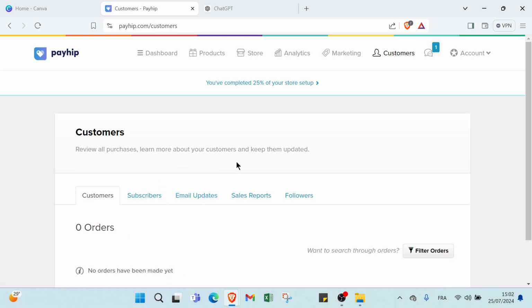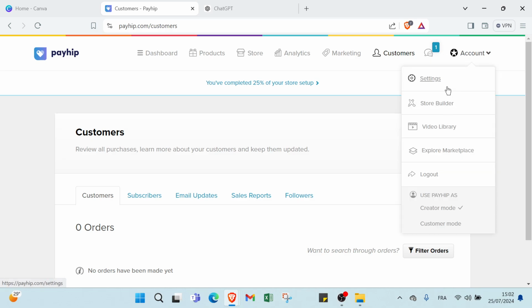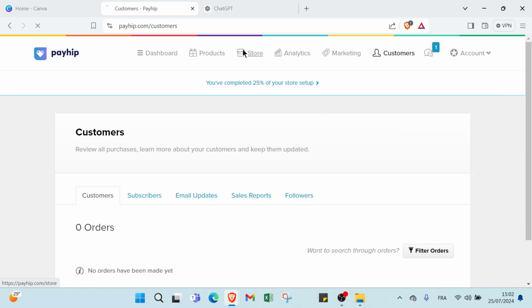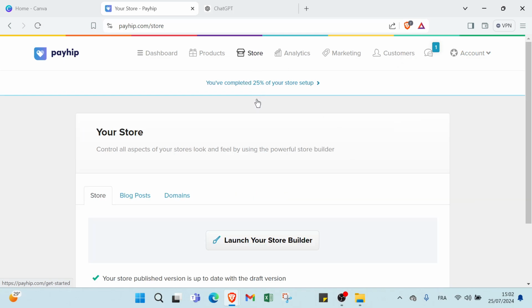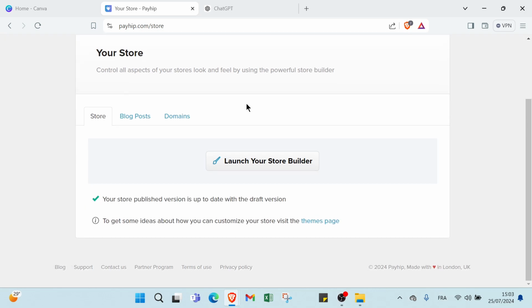So that's important information. We have here notifications, account. We have here settings, store builder, file library, export, marketplace, and logout. So all you have to do right now is click over store to finish the first step, which is add product. So all you have to do is click over here, launch your store builder,